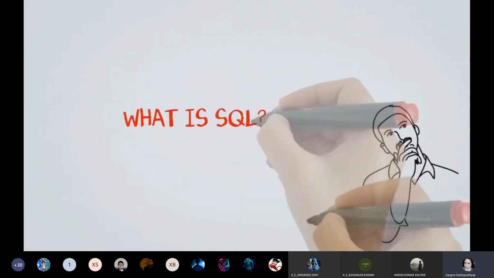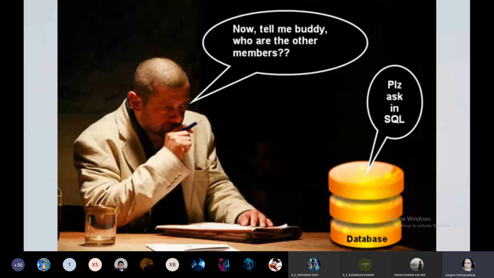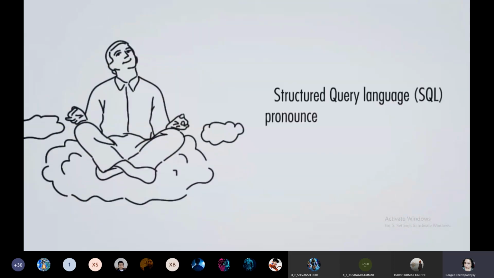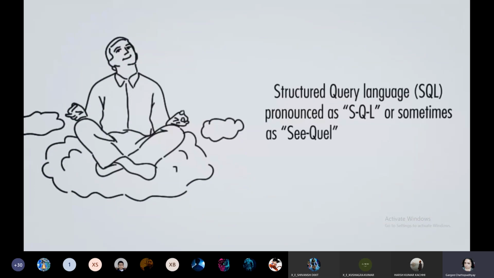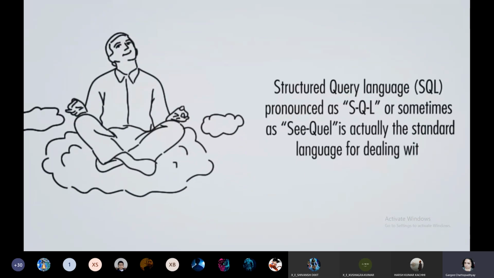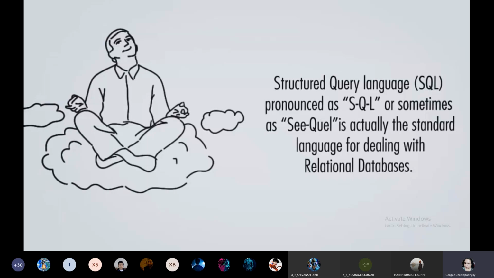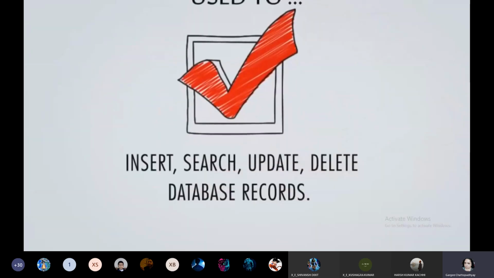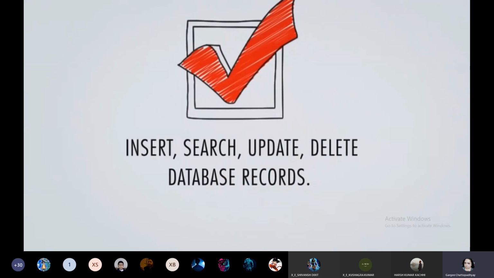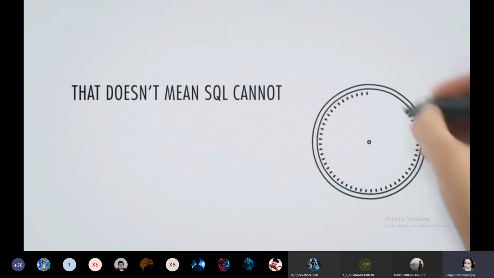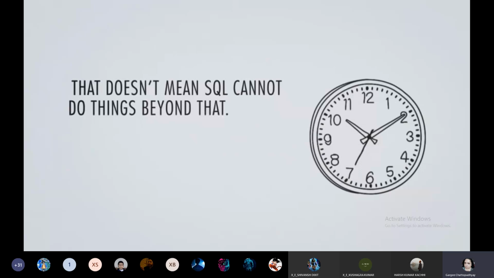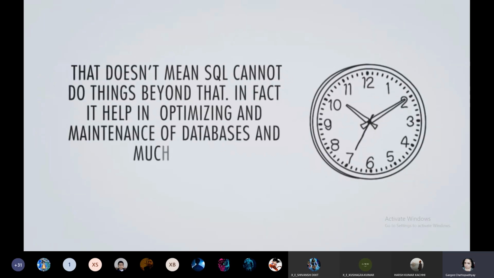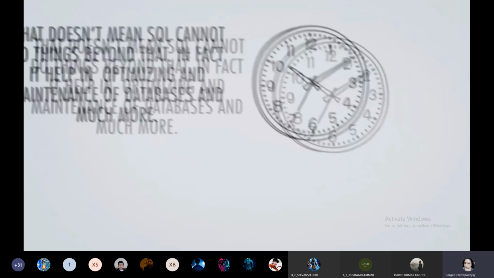So what is SQL? Structured Query Language, SQL, is actually the standard language for dealing with relational databases. SQL can be effectively used to insert, search, update, and delete database records. That doesn't mean SQL cannot do things beyond that. In fact, it helps in optimizing and maintenance of databases and much more.